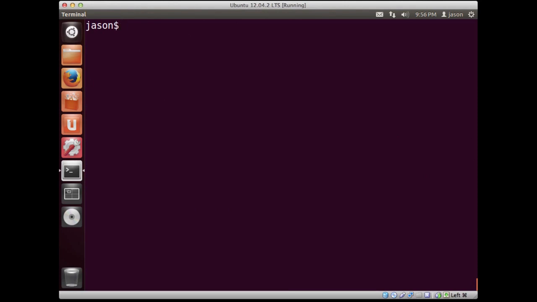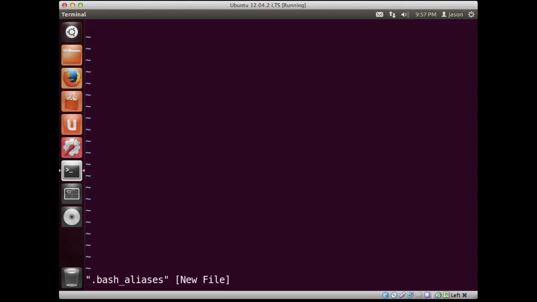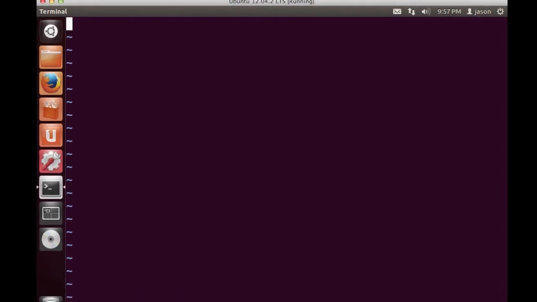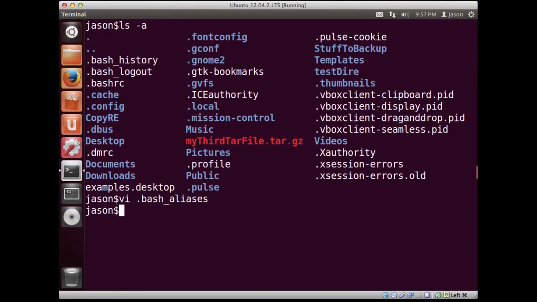So again, if you find yourself doing certain repetitive tasks, you should definitely look into creating some new aliases. And if you make a file in your home directory called .bash_aliases, you could go ahead and start to put some of those default aliases in here. So alias showdir equals, I'll just do a straight up ls, and I'll quit out of that. And notice, by the way, these won't take effect right away, right? I'll get an error, but if I jump into another bash session and do showdir,